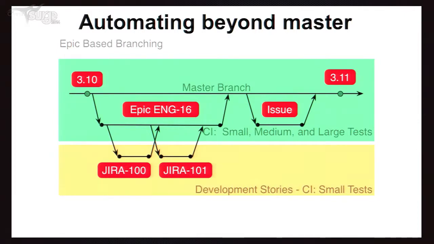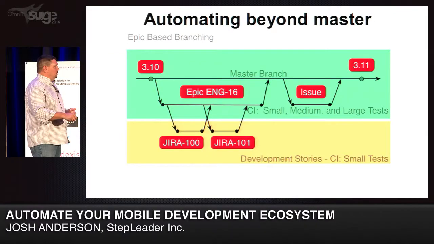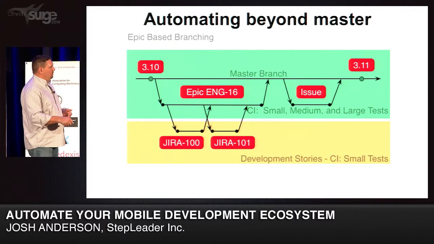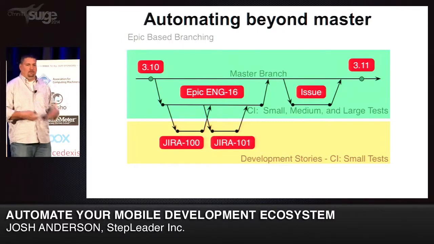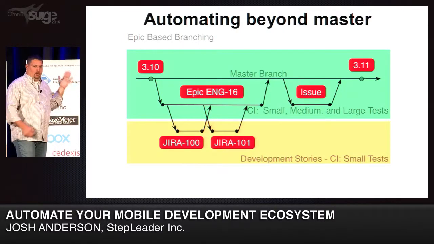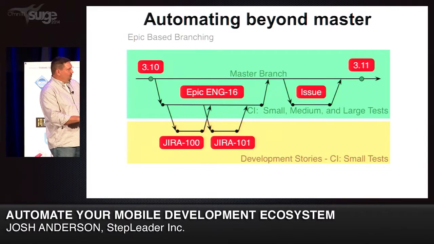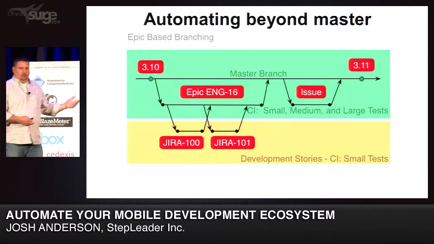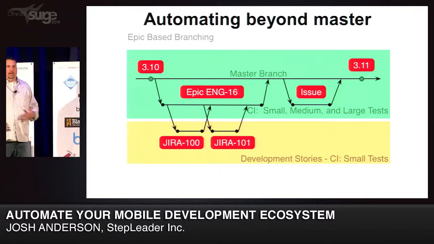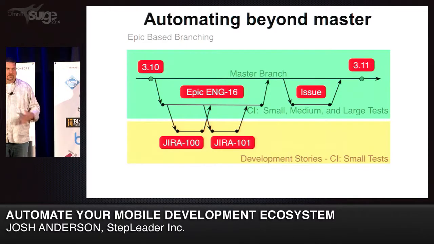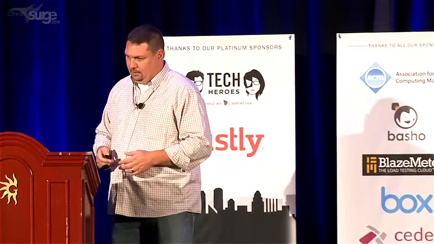The other thing we did with our branching strategy was we wanted to make sure that we ran the tests as quickly as possible. So our branching strategy over here, we ran all of our tests on our Epic branches. So it wasn't that, hey, once something's merged into main that we finally run the automation. We ran it on the branch below main. So the Epic branch, as we work on our stories, as it's merged into the Epic branch, that's where all our tests ran, so we were good to go. So Jenkins managed all of that. It managed the branching and the creation of the tests and the projects to go along with that.